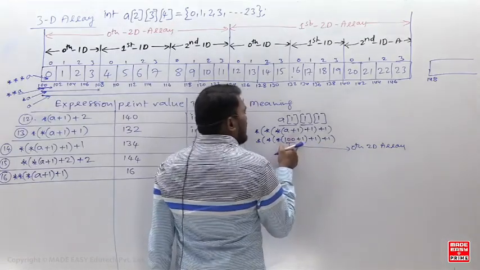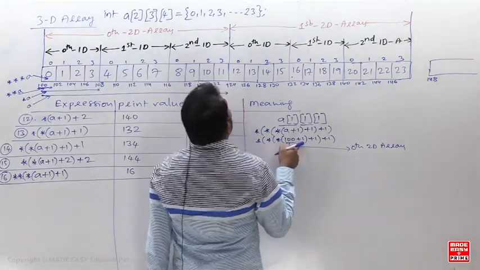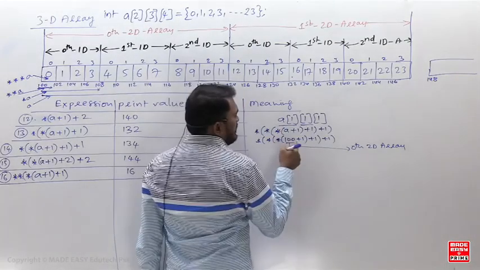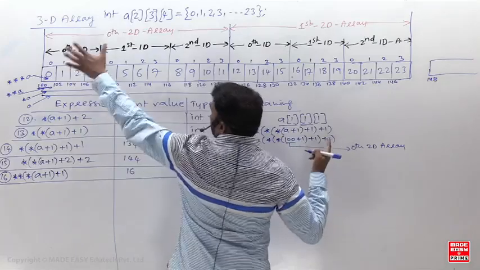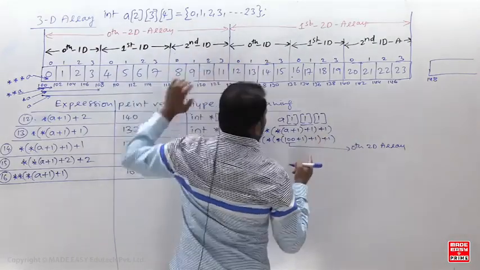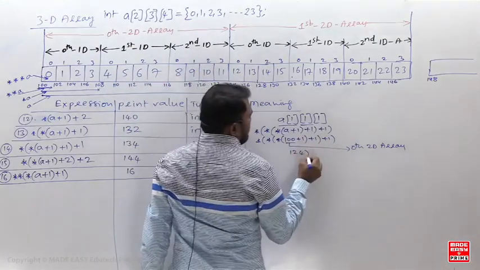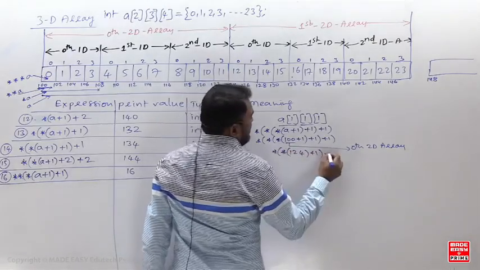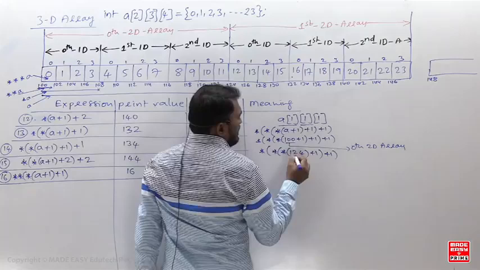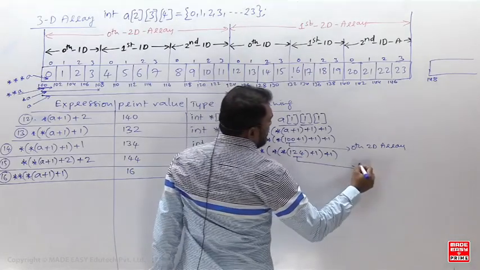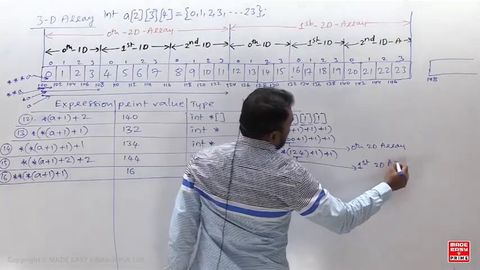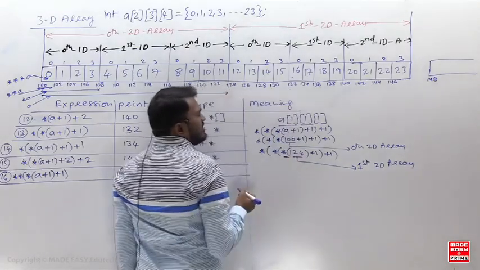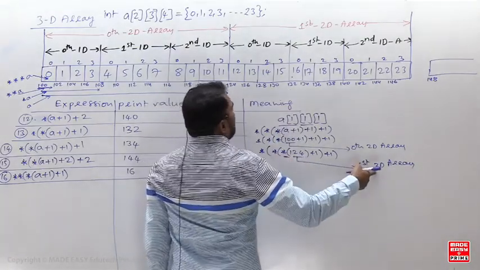If I say plus 1, it will jump according to the 2D array size. So it will go to what? 124. If I say 100 plus 1, pointing to the 0th 2D array, it will jump according to the 2D array size, so it will go to 124. 124 whole star plus 1 whole star. Now this 124 is pointing to the first 2D array. If I apply star here,